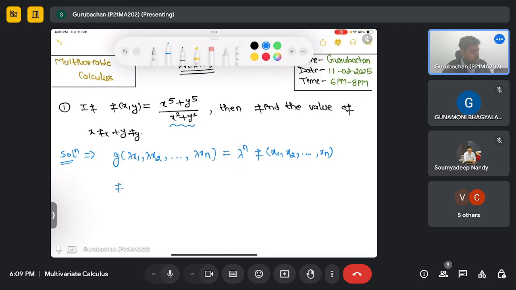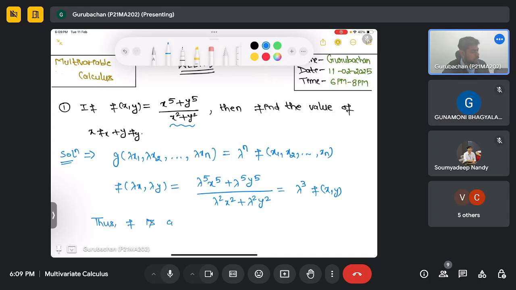How? Substitute x by lambda x and y by lambda y, then we will get lambda to the power 5 x to the power 5 plus lambda to the power 5 y to the power 5, divided by lambda square x square plus lambda square y square. So this will come out to be lambda to the power 3 f(x,y). So what we can say, thus f is a homogeneous function of degree